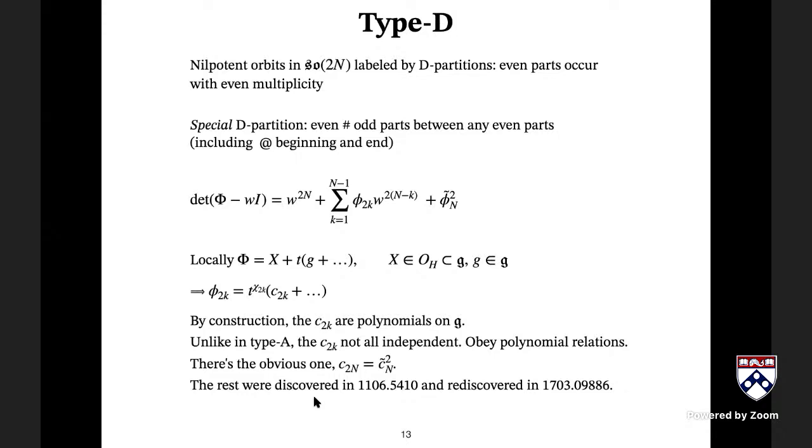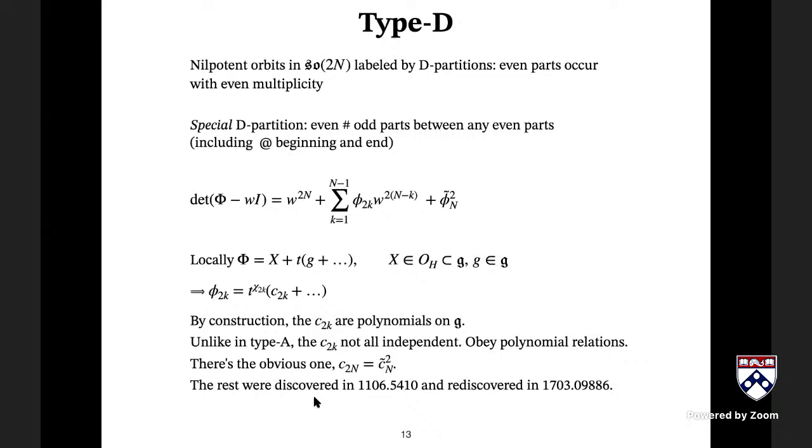Okay, so on to type D. Nilpotent orbits in SO(2N) are labeled by what are called D partitions, and these are partitions of 2N where even parts occur with even multiplicity. What crops up in physics, that's to say the Hitchin systems that we end up studying in class S, are